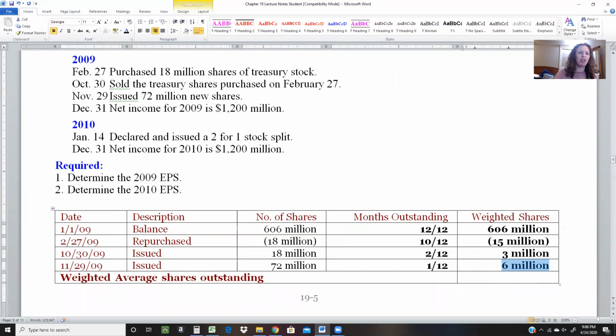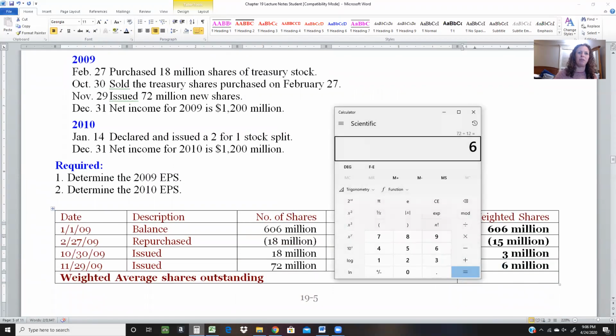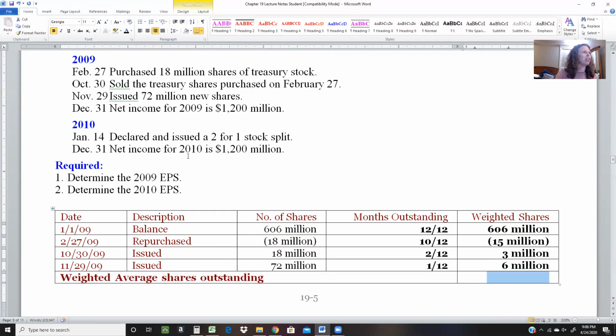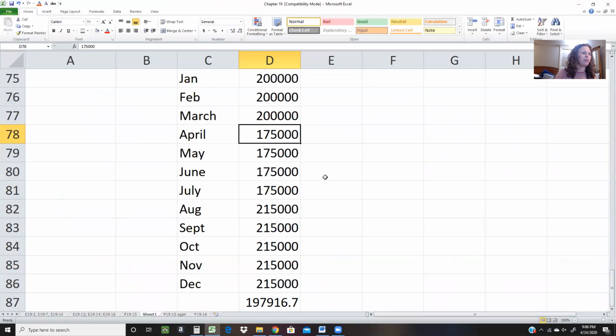6 million. So if we're trying to figure out the weighted average number of common shares outstanding, 600. Oh, that's a nice number. 600 million. So if you wanted to do it in Excel, just because I like to, I'm going to